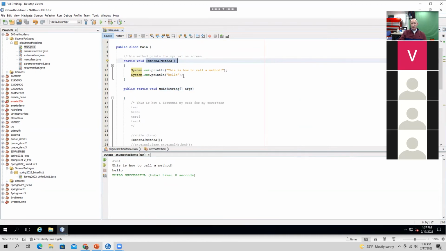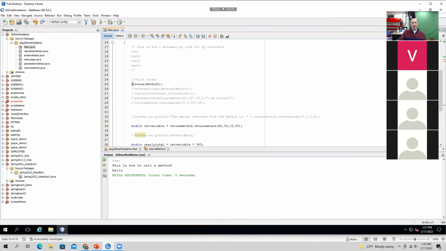And this is what it does, right? Very straightforward. Now what we can do is we can remark that out, and we can take this out and we can run this one. The next step is to call an external class inside the same project, but outside of this class that we're working in. That was just calling a method inside the class. Now we want to call a method from another class.